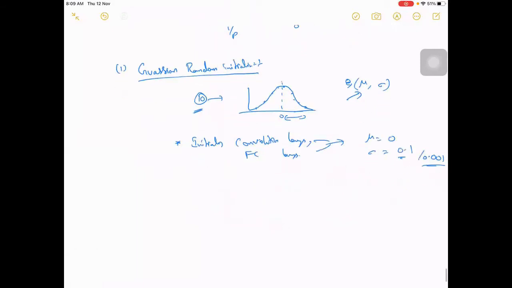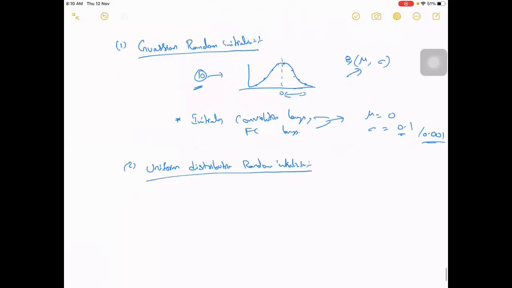The second one is, instead of Gaussian, you can also go for a uniform distribution random initialization. Again you give the mean and standard deviation, it will be similar, but it will be a uniform distribution. But this has some problem.